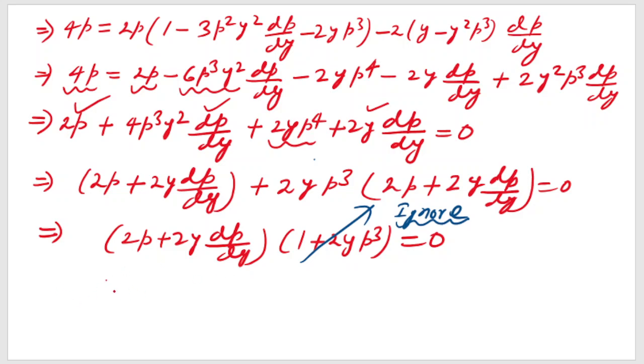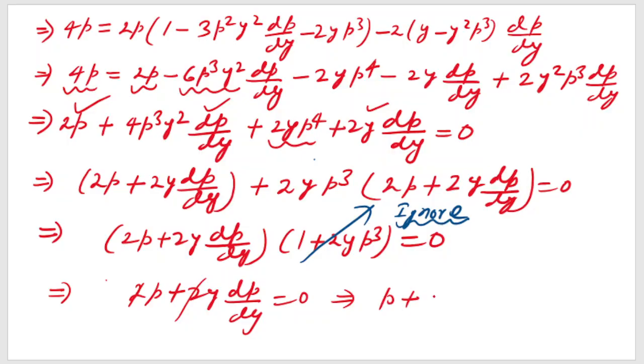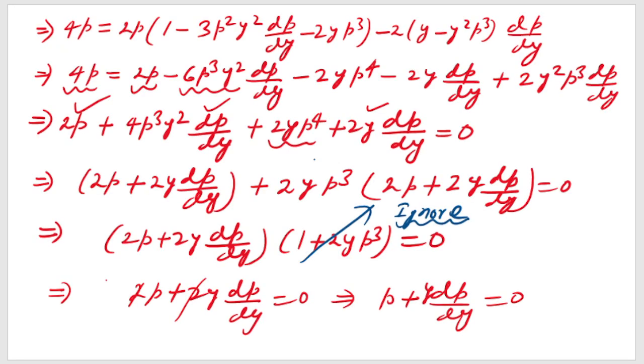So here I will write now. This implies that 2p plus 2y dp by dy is equal to 0. For our convenience, I can take 2 common and cancel from both sides. So we get p plus y dp by dy is equal to 0. Now moving to the next page, I am trying to solve it by variable separable method. So the equation that I have got is p plus y dp by dy is equal to 0, which can be written as